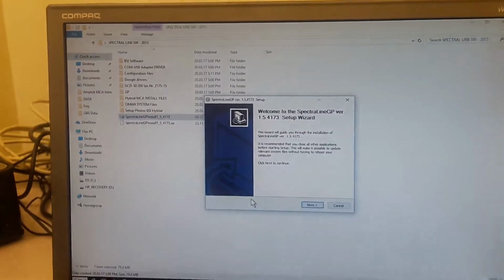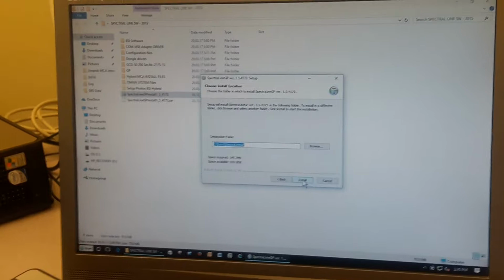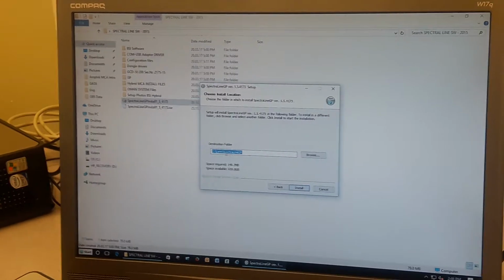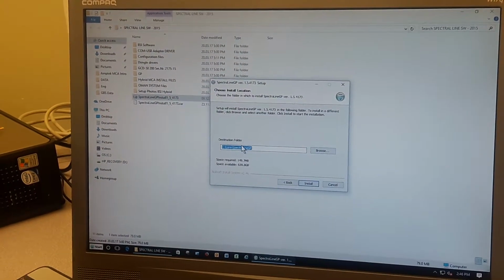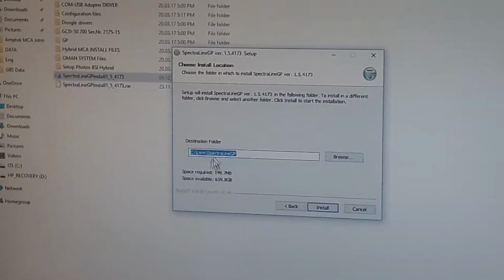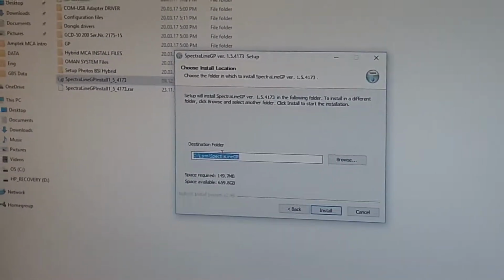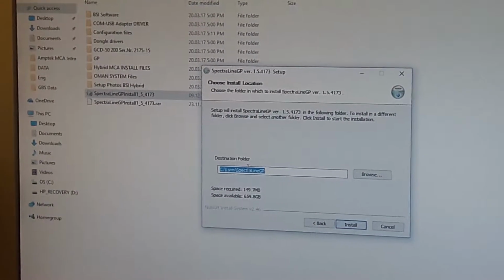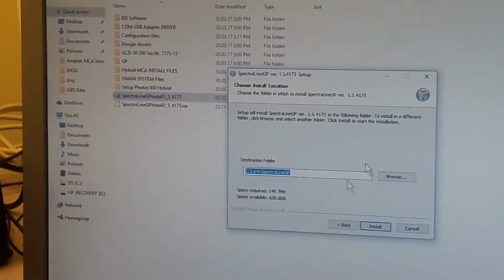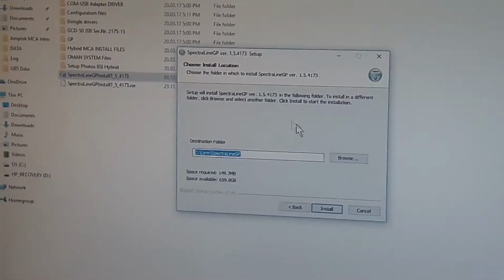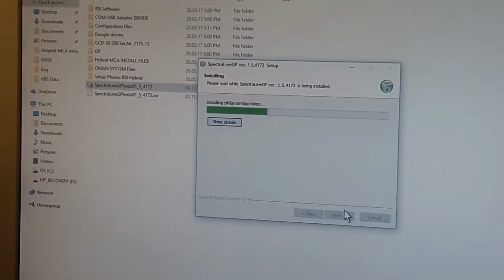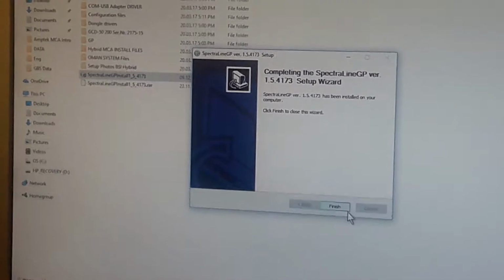and then it will take you through the wizard, which will tell you that the SpectraLine software is going to be installed in the root directory called LSRM SpectraLine GP. And I recommend that even though you may have a preference not to install this software in the root directory, you go with it, because unless and until you become very familiar with the file structures of where all the data files and the configuration files used for energy calibration and efficiency calibration are stored, the SpectraLine GP software should be installed in the root directory as recommended by the wizard. So I will say yes, I will install it, and it goes through the installation process in here, and you are able to